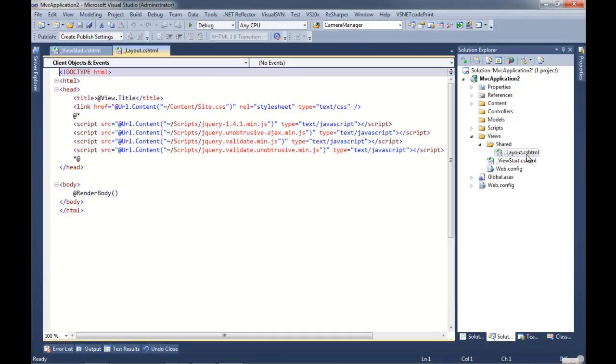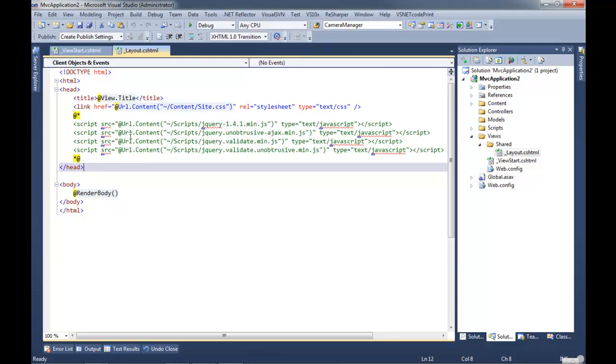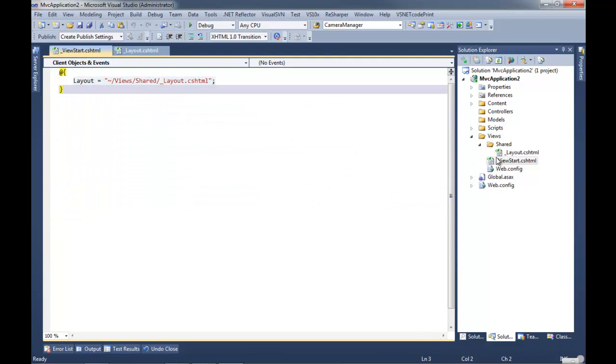Okay, so we have this layout, and we're going to turn on line numbers. Or no, never mind. Whatever. So we have, and notice the HTML5 doctype, because this is new and awesome. So you'll notice a lot of different things about this. I guess the biggest thing to notice is, where's all the code nuggets? Where's my inherits? Where's all that stuff? Now we're looking much more like just a regular HTML5 document. The first thing to note is the ViewStart is invoked first, before other views are invoked, and this sets the layout property to layout.cshtml.